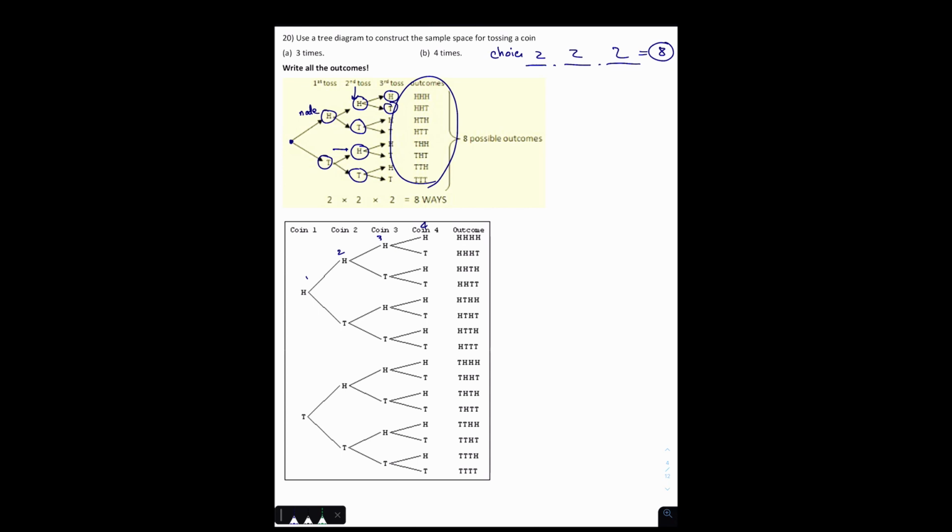But if someone says, I want you to tell me exactly what these outcomes are, then this 8 is not sufficient. And that's why you're going to need this tree diagram to be able to actually list every one of these outcomes. And why do you need to list these outcomes? Because you'll eventually use these to calculate probabilities. Because if somebody asks you how many of these outcomes have exactly 2 tails in them,